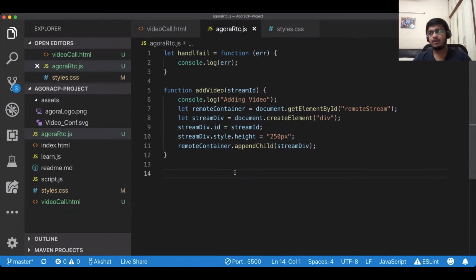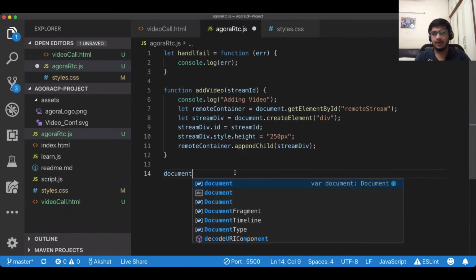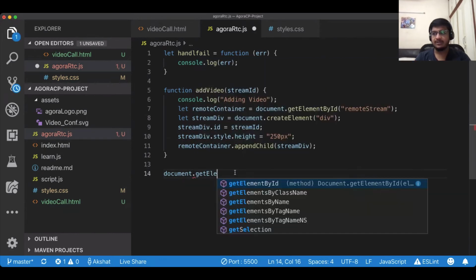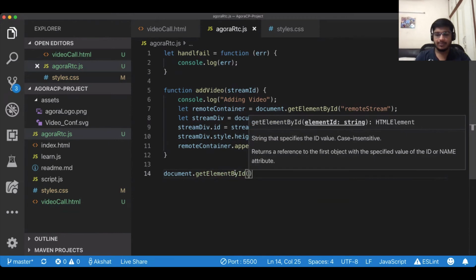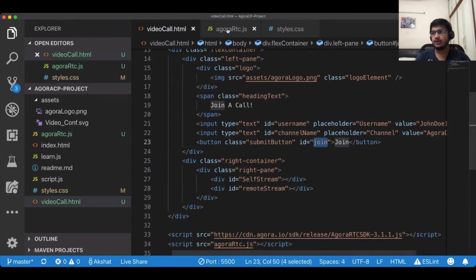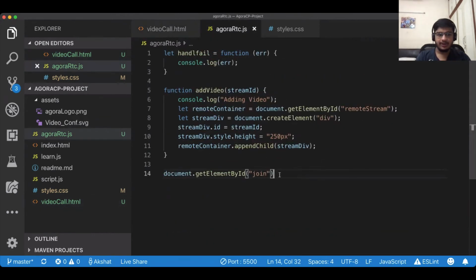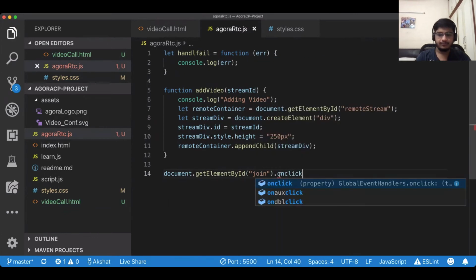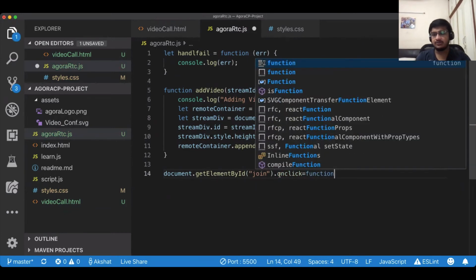And a function will only be called when something useful happens. Say a click function or a load function. You need to have a callback which does something. And if you remember, I created a form for inputting the user ID as well as channel name. So I'll use a click function, as I had already mentioned while starting. So if you remember, the ID of our button is join. So I'm going to be using join document.getElementById join dot onclick. Now I'll start a callback function.